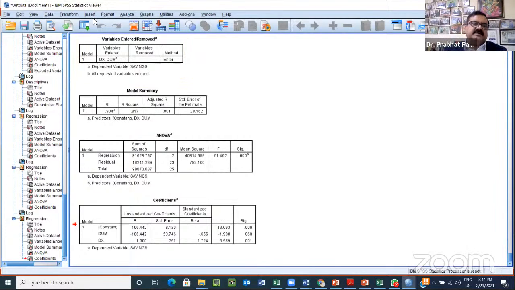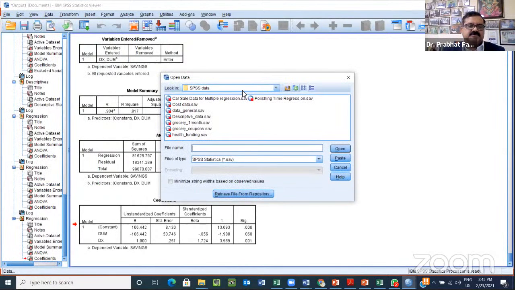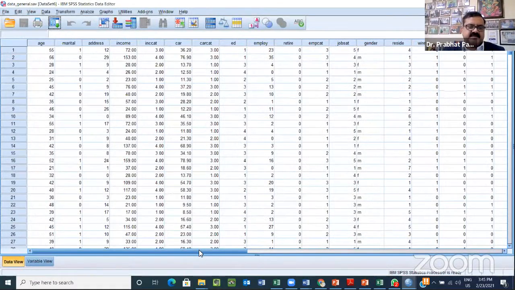All right. We have 10 minutes more. So let me use one more data set and show you something interesting, which you may be interested in. This is not related to regression and correlation. It's related to non-parametric, how you use non-parametric measures. Let me fetch the data first. I'm going to use a very big data set, so you can see how this kind of data set can be used.